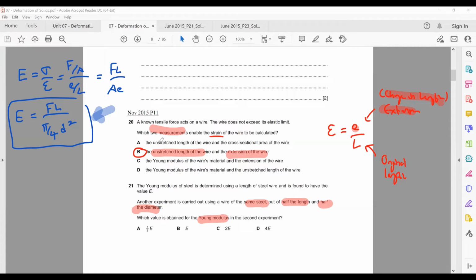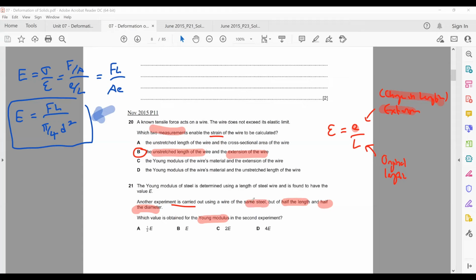So what is the same for both cases? You can actually do another experiment using half the length and half the diameter. Okay, so what do you think is constant here? There are some things that you can do. Now you can assume that the same F is used, even though here they didn't say anything. They just say another experiment is carried out using a wire of the same steel, but half the length, half the